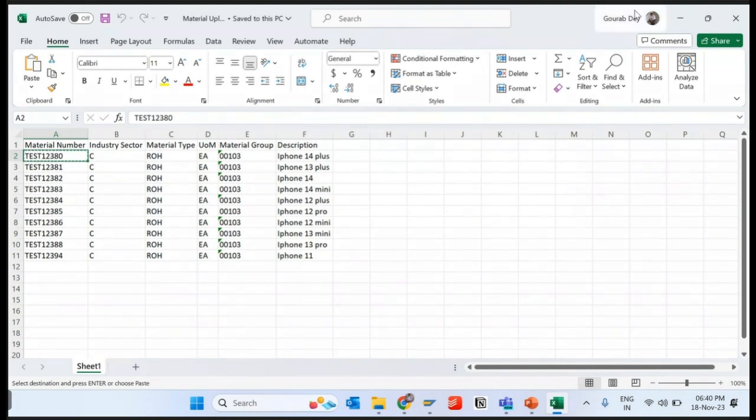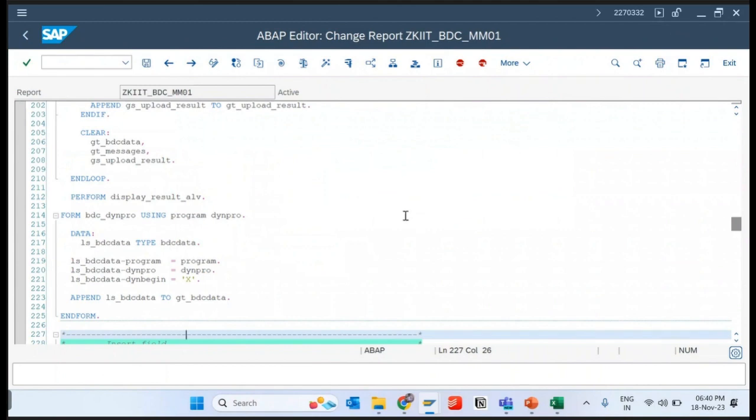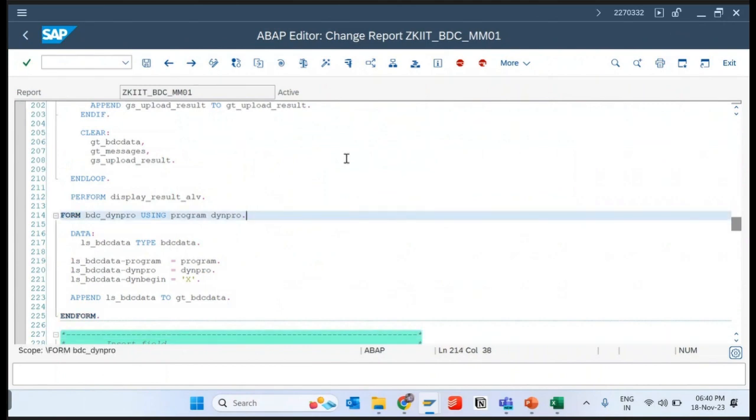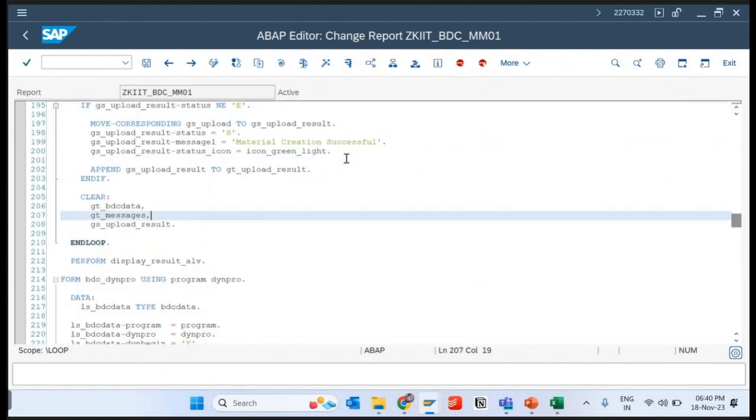Fine. So guys, this is how we do the error handling in the ALV. So tomorrow we'll see the, not tomorrow, on Monday,